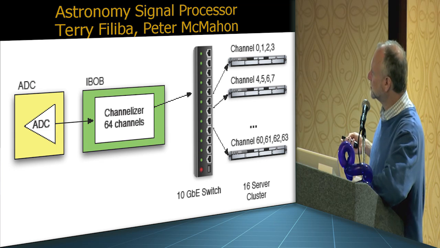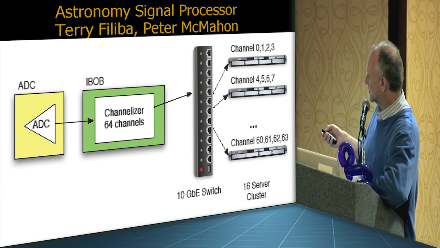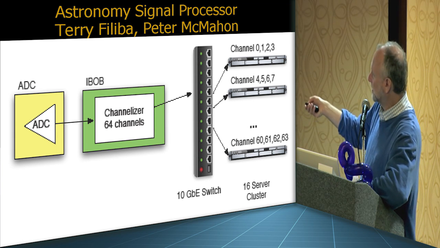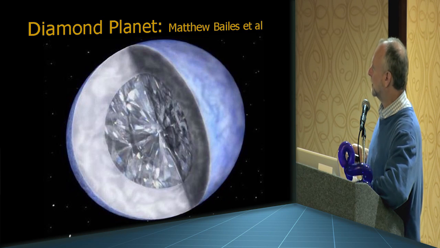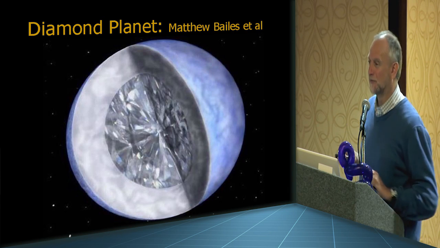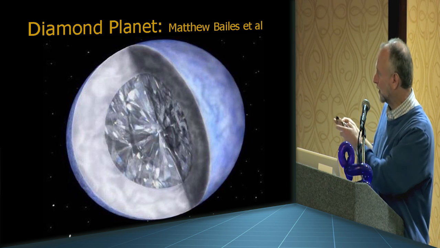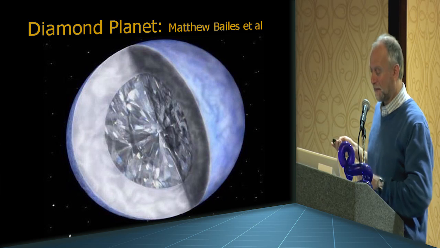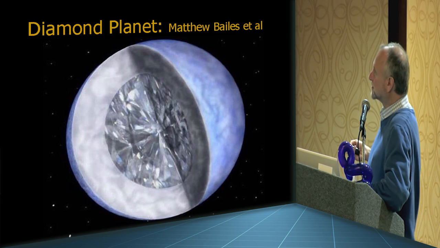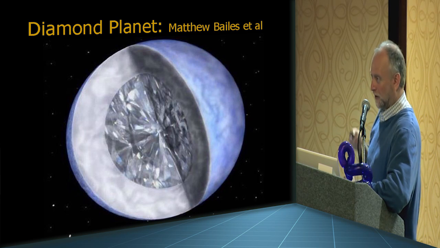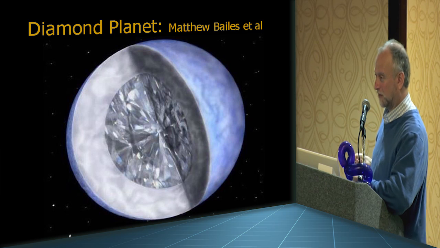One of my students built this little thing, and it's just an ADC and a switch and some computers, and she found a planet made out of solid diamond. And my wife wants to know how we're going to get that thing. I don't know the answer. So anyway, if you help us with our networking problems, maybe you can find a planet made out of solid diamond.